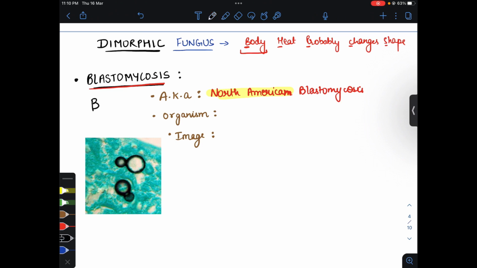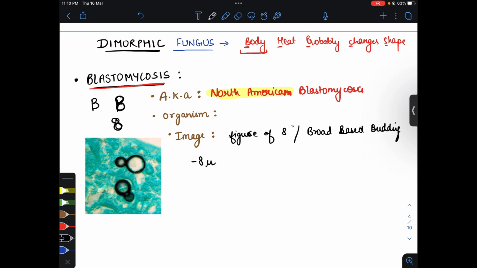As we write the letter B, similarly we also make the number 8. So from the B letter we make 8. Here the organism shape will look like 8. In the image we see the figure of 8 appearance. Or we can also say that the base is broad, so broad based budding will be there, and the size is around 8 micron.